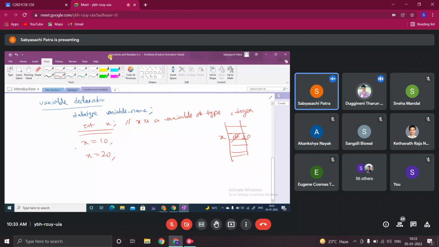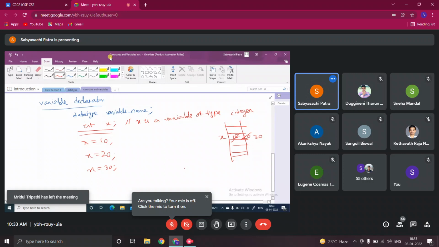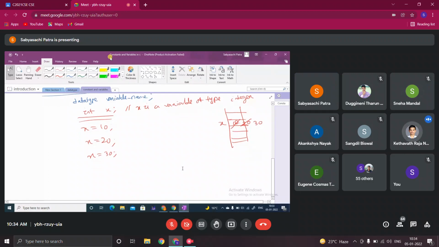When you put x equal to 20, 10 is replaced by 20. The old value is replaced by the new value. If you then put x equal to 30, 20 is replaced by 30. So during the execution of the program, you can keep any value inside x. Is that clear?